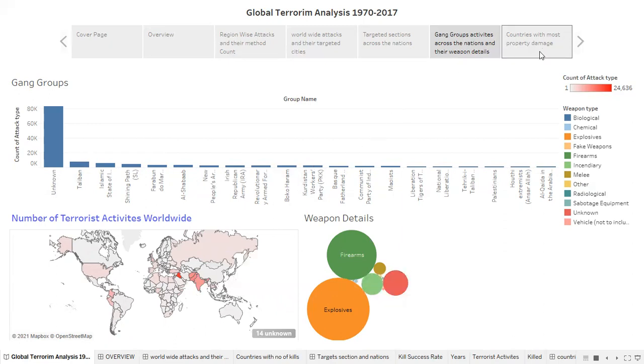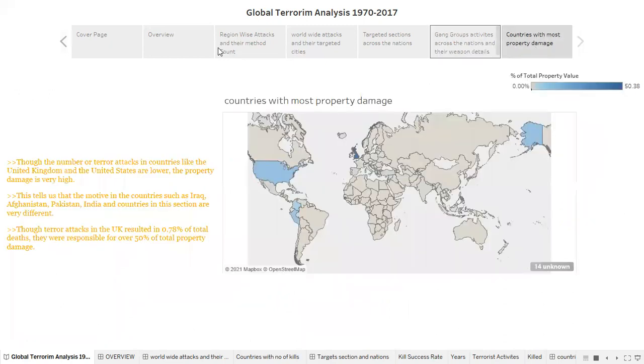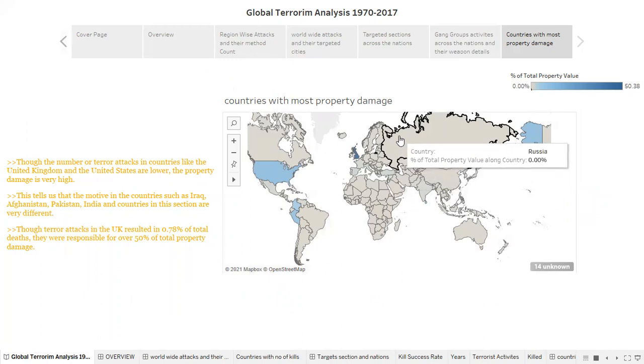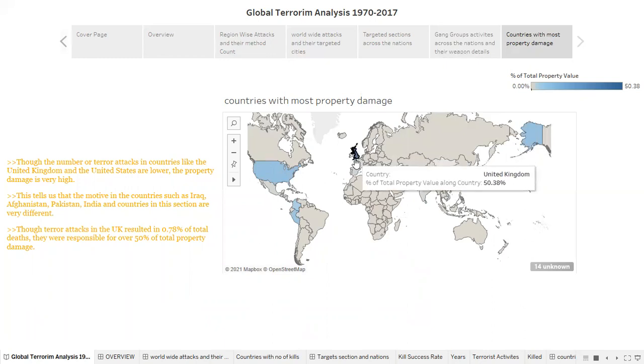So let me just open another chart. Here you can see the chart of countries with most property damage. The United Kingdom is the country with the highest property damage value.